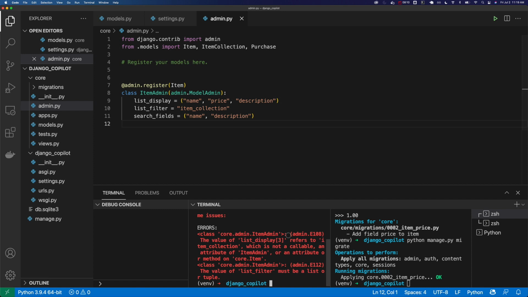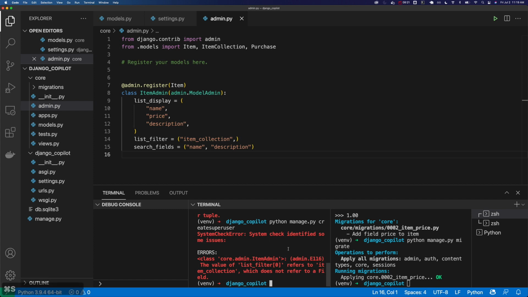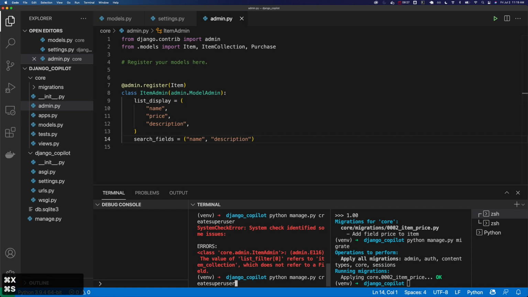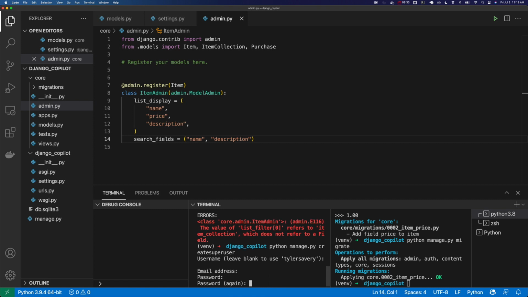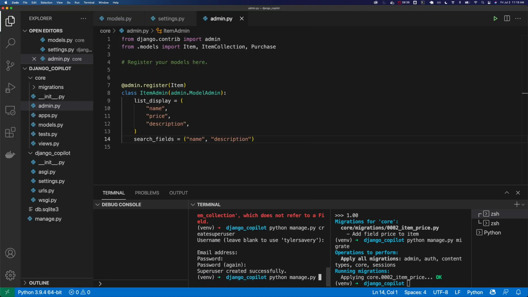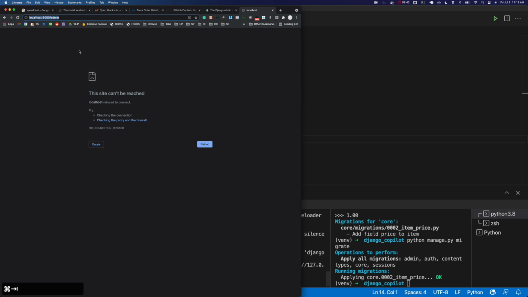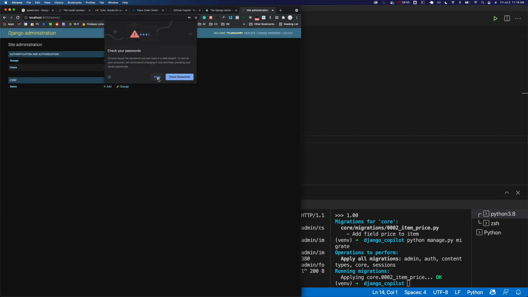Oh, it's trying to do things for us. This filter must be, I don't know why. Oh, maybe it was probably missing a trailing comma. Okay, list filter refers to item collection. Let's just get rid of this. It's trying real hard. Okay, and we got to run the server. Okay, here we go. So we have our items,